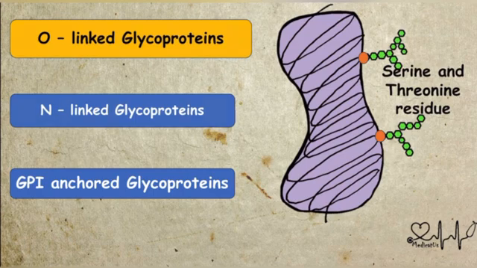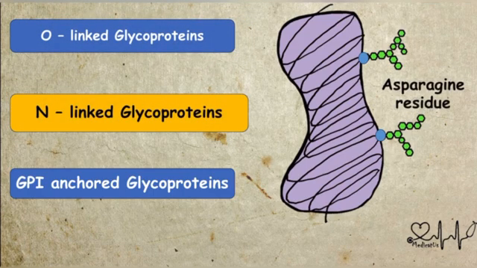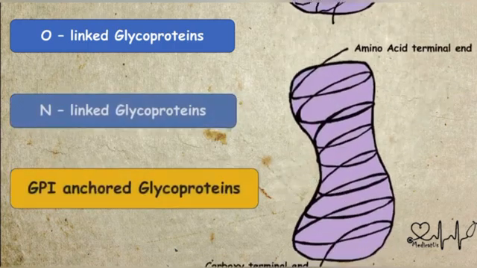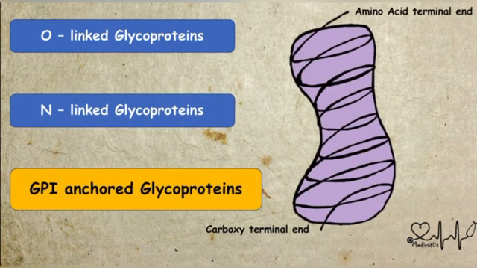And if the carbohydrate side chain is attached to the asparagine residue of the core protein, then it is called N-linked glycoprotein. But if the carbohydrate side chain is not attached to any amino acid residue in the middle of the protein, and instead it is attached to the carboxy terminal end of the protein, then it is called